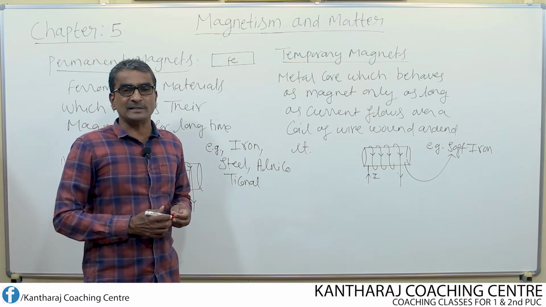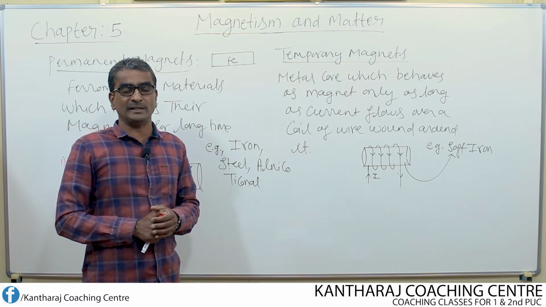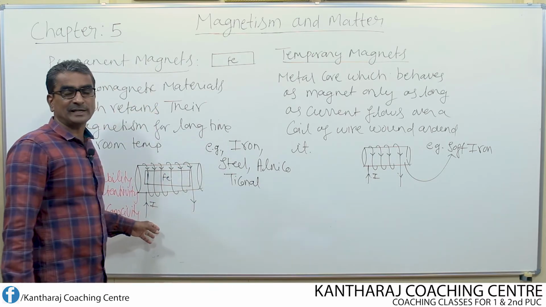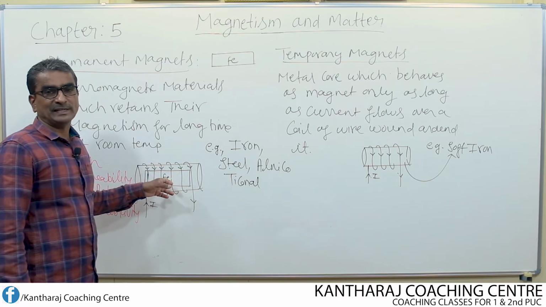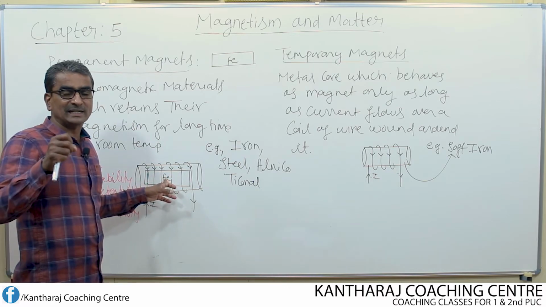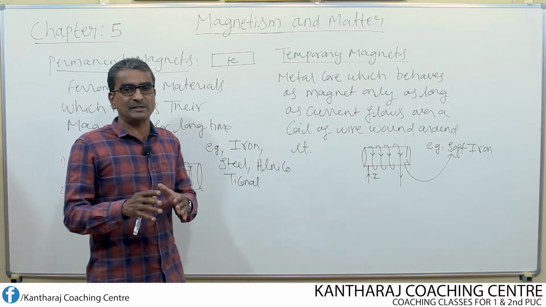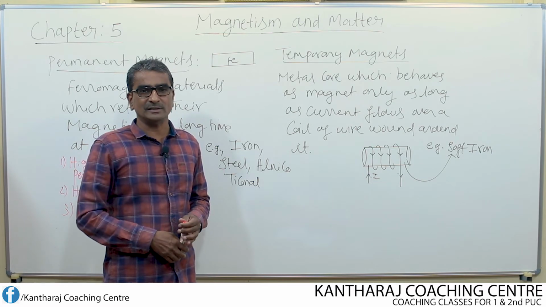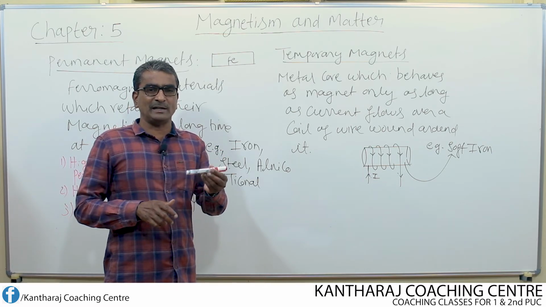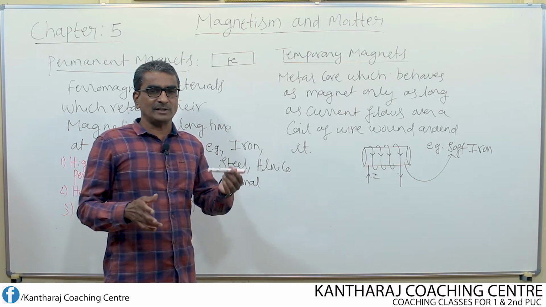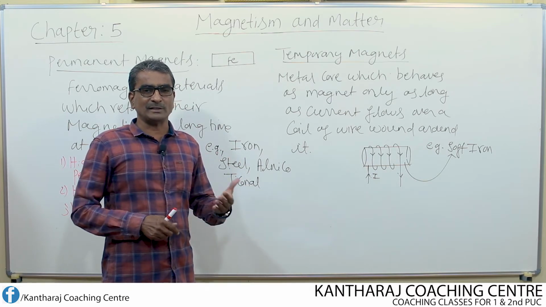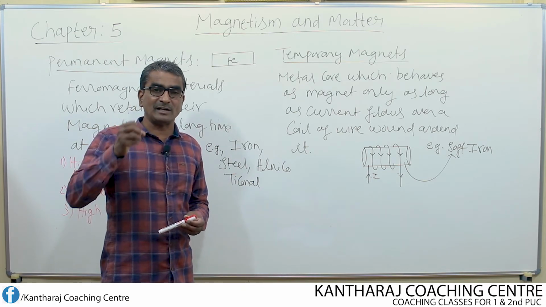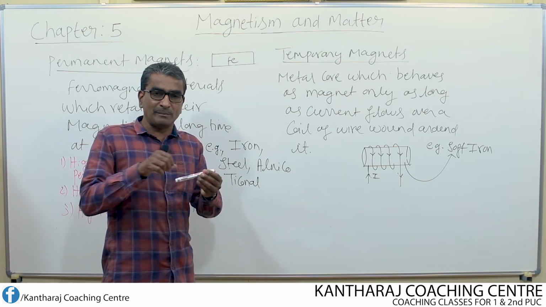High coercivity means the substance should not lose its magnetism quickly. It should retain its magnetism for a long time. So if it has high coercivity, then after becoming a magnet it does not get affected by stray magnetic fields. Stray means external or unwanted magnetic fields, outside magnetic fields, which may be due to the earth. If you prepare a permanent magnet and keep it in the laboratory for two long days, it won't get affected by the earth's magnetism, because we know that the Earth's magnetic field is a very, very weak field. So the Earth's magnetic field cannot affect the magnetism of a permanent magnet.